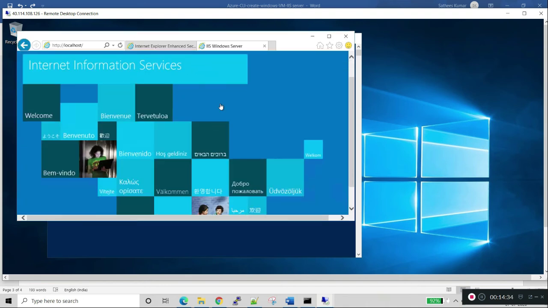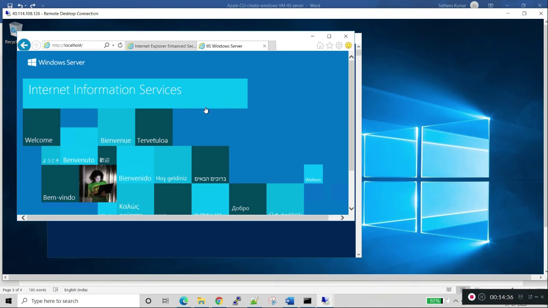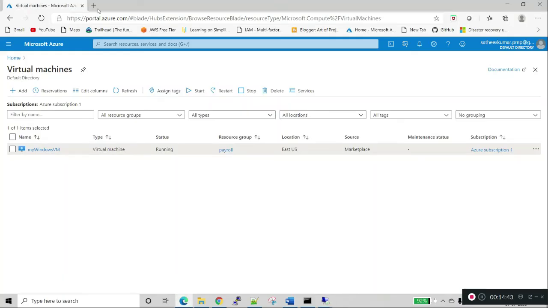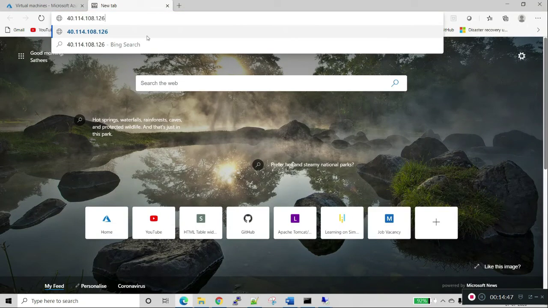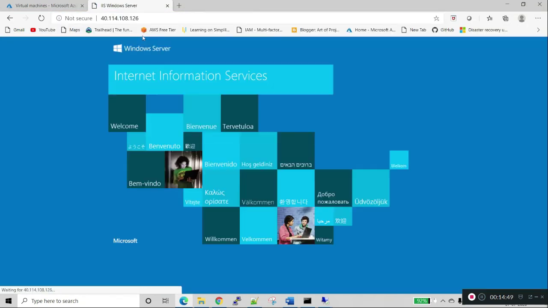So our index.html is opened, and we can try this on our desktop also using the public IP address. The public IP address is this. See, now we have opened this.